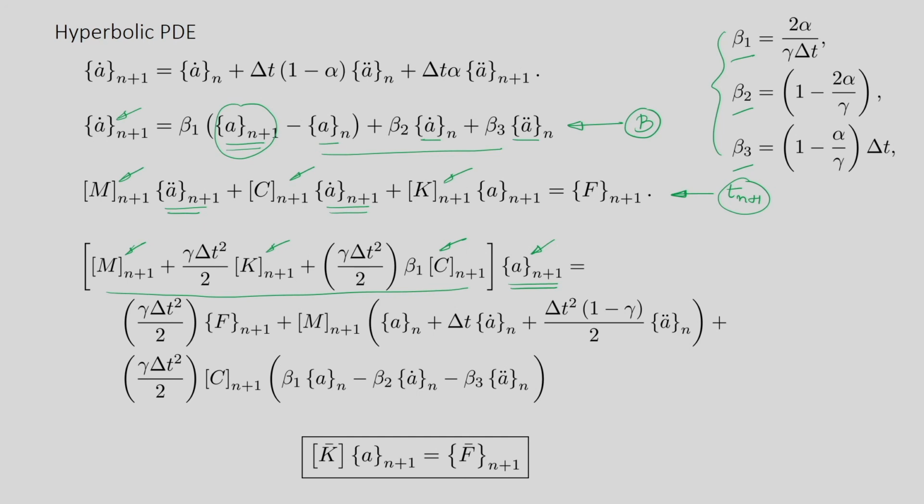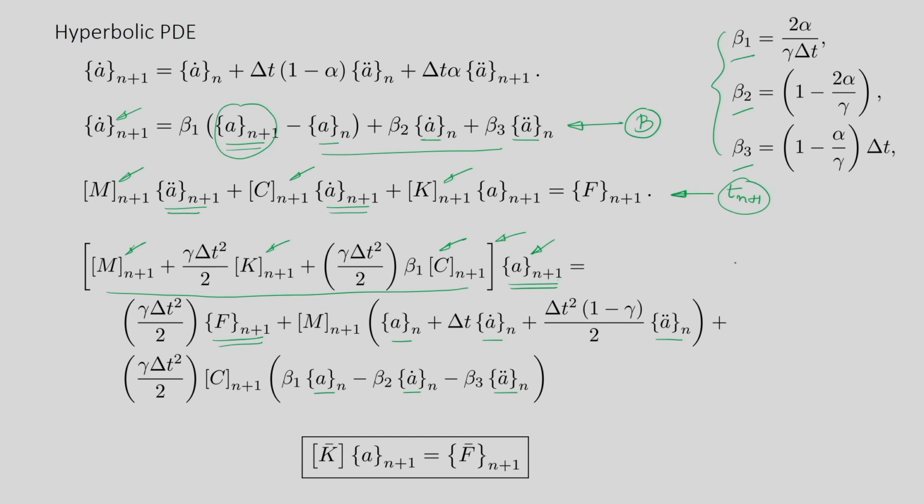Alright. Now, if we look at the right hand side, we have the force term at Tn plus 1, that is known because the force is defined by the user. Here we have displacement, velocity and acceleration at time instant Tn, that is also known. Here also the displacement, velocity and acceleration at time instant n. Alright. So obviously as you can see, all the terms in the right hand side are known. On the left hand side, this matrix is known. Alright. The only unknown is the displacement at time instant n plus 1.